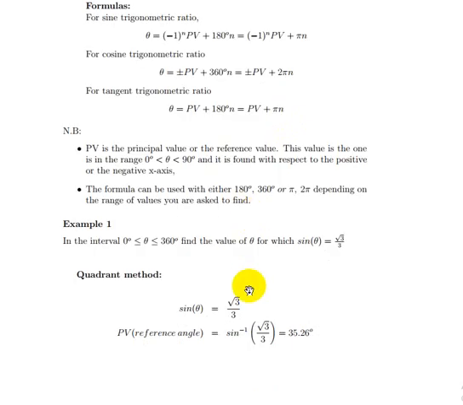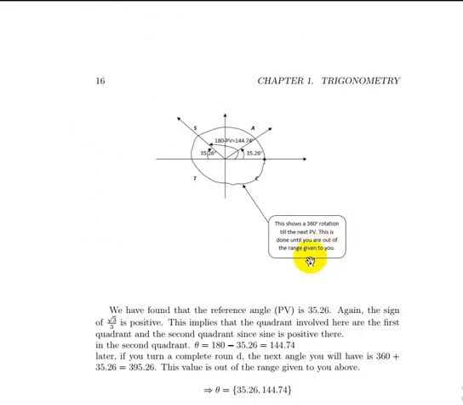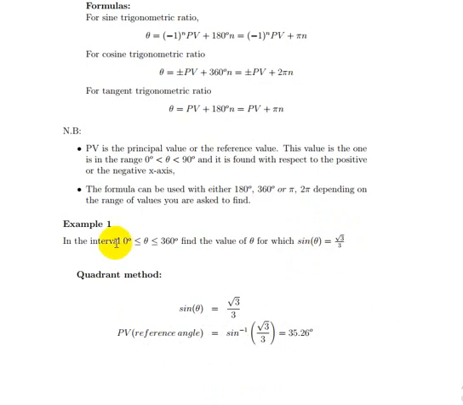Now, you see that the trigonometric ratio involved here is sine, number one. The second thing is that the sign of the value of sine is going to be positive. So it implies that the angle, because you are asked to calculate theta in the range of 0 to 360 degrees,